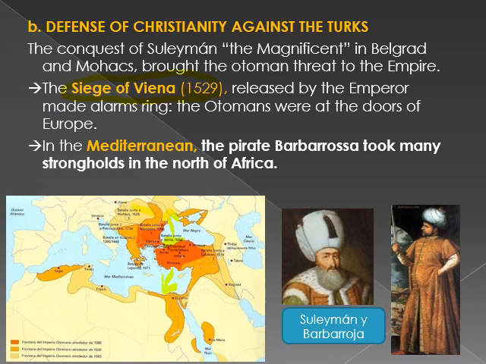Vienna itself is the door of Europe. The troops of the Ottoman Empire, the Ottoman troops, are besieging Vienna, and it's going to be the Emperor Charles V with the tercios and an army that is going to go to Vienna and release the city, is going to break the siege.